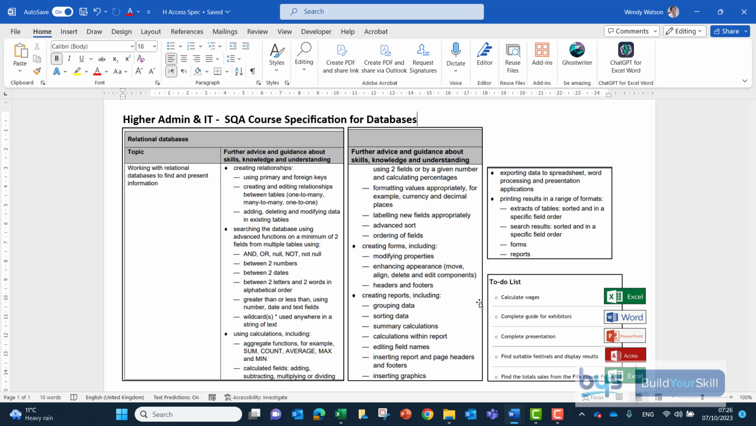Let's look at the database task from the 2023 Higher Admin and IT assignment. Now, I've just brought up the SQA course specification that actually shows you what you may be tested on or what you need to know about databases. You have to understand about creating relationships. Now, normally in the questions, the relationships have already been set up, but you never know, but certainly understanding about